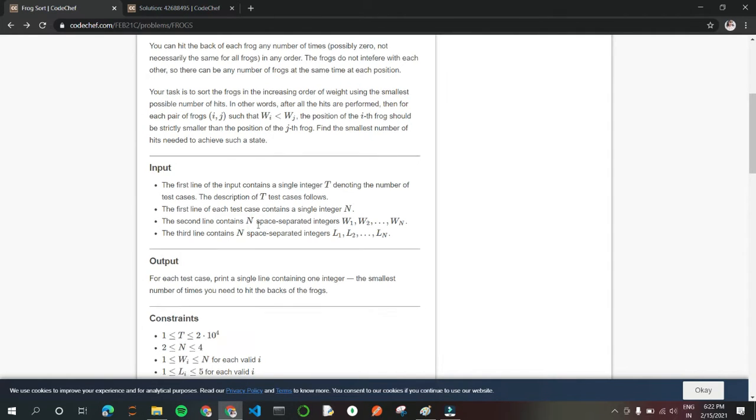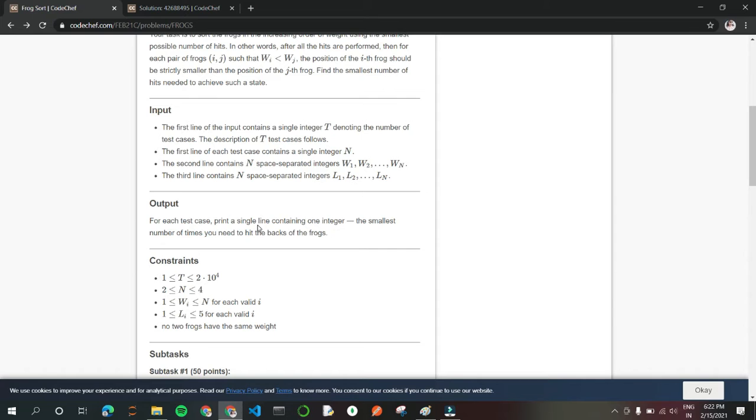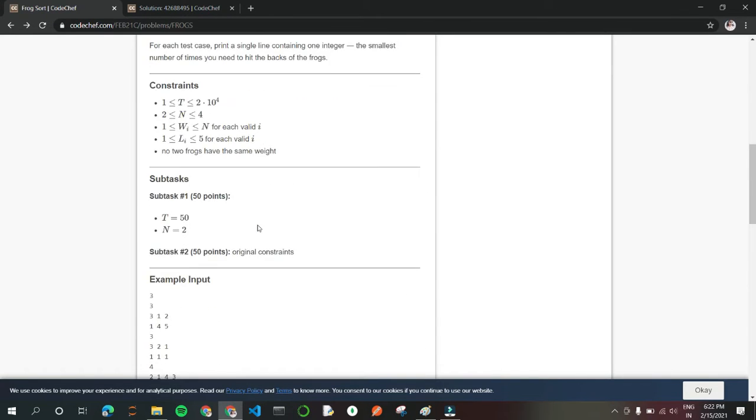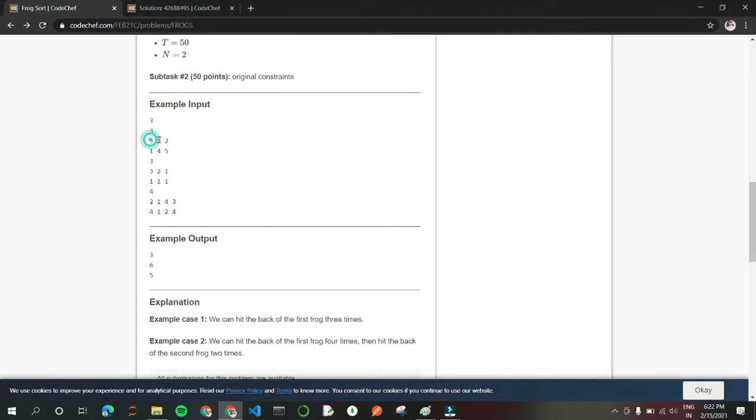So this is the input. This is W, the weights, and this is the position-wise jump length, and we have to find the minimum number of steps.